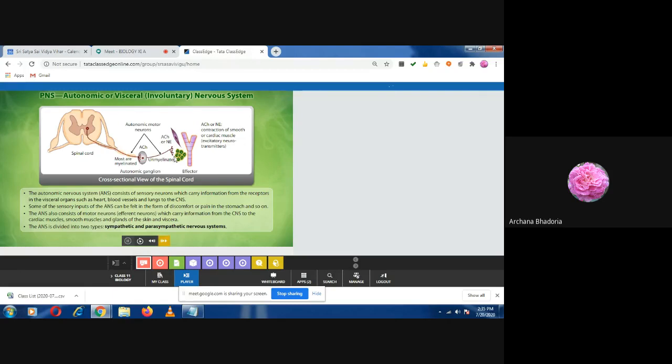Always, whenever you draw such diagrams, if you are showing the sensory neuron, then which way should your arrow face? Towards the spinal cord. Okay. And if you are showing the motor neuron, then between the nerves, which way do you have to make the arrow? That is facing, pointing to the effector. That way we make the motor and the sensory nerves. Seeing the figure you can understand.